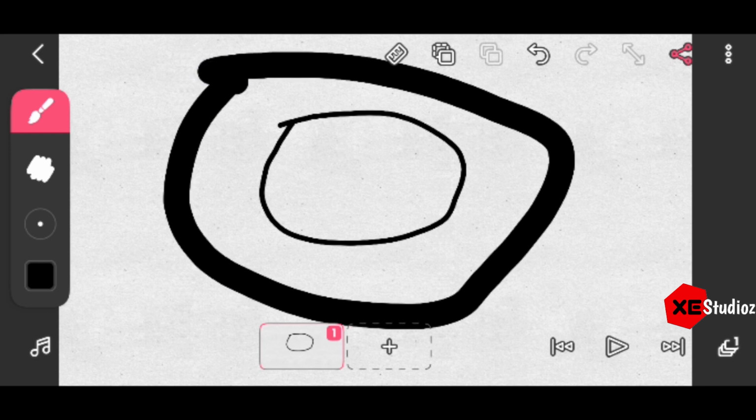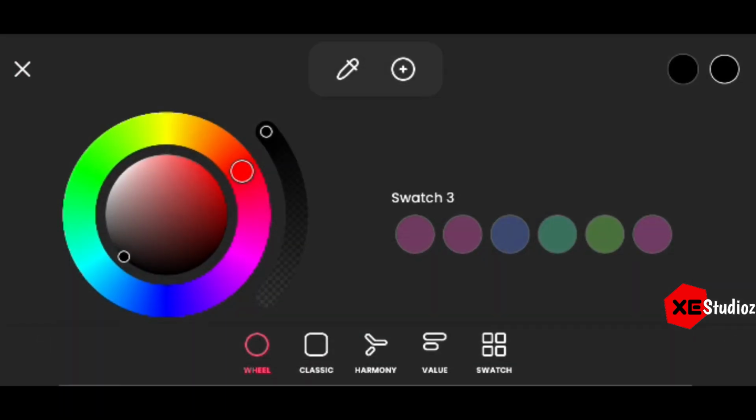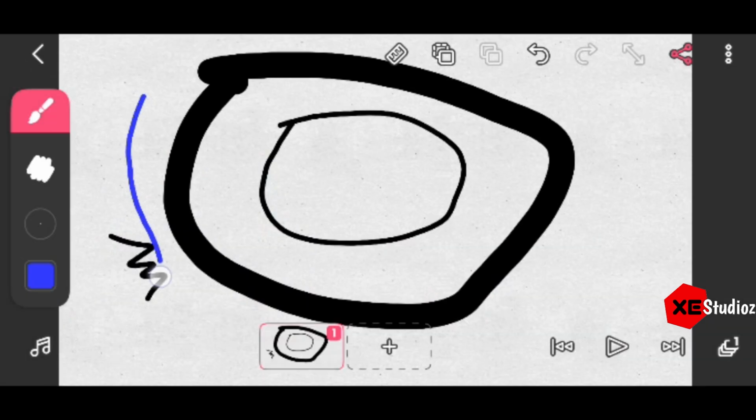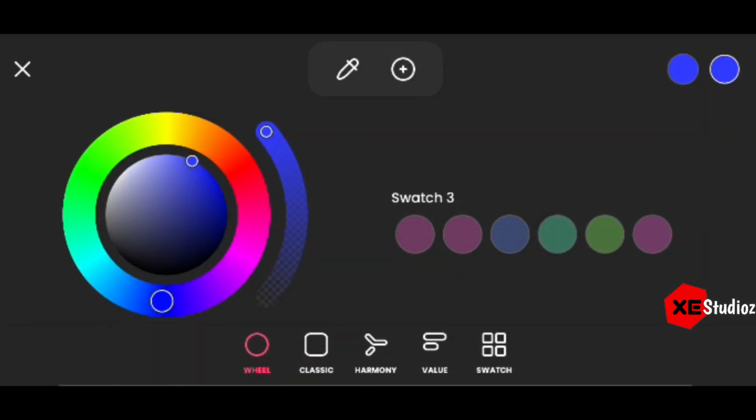We have a bigger size of brush, and we can reduce this by dragging it down. Just hold on it and drag down. Let's keep this at 10, and that's it. So we have a much smaller brush now. We can use the next option, which is the brush color option, and we can adjust the color that we want, and then we set the shade of it, and that's it. So we have a different color of brush now. Let's set this back to black,